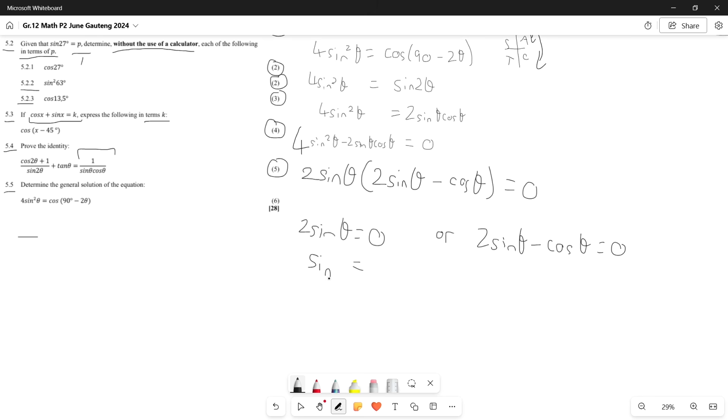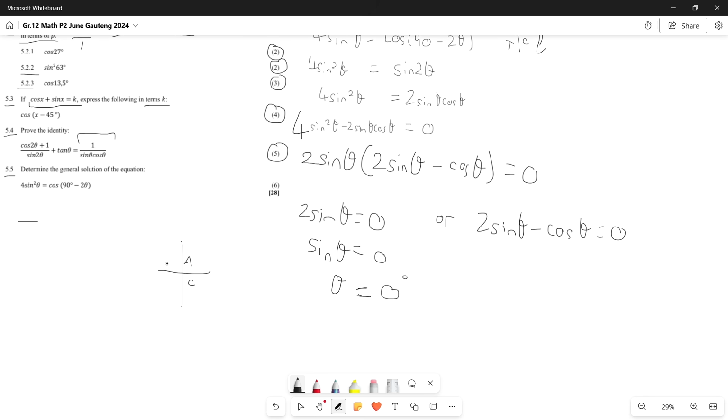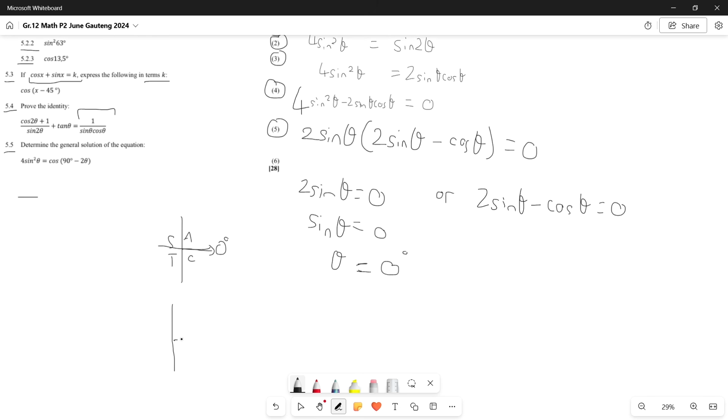So we can just drop the 2 over there, and sine theta equals 0. If we shift sine 0, we get 0 degrees over here. We have our Cartesian plane over here, we have our CAST diagram, and we have 0 degrees landing directly on this x-axis over here, which means if we're going to link that to our trig function